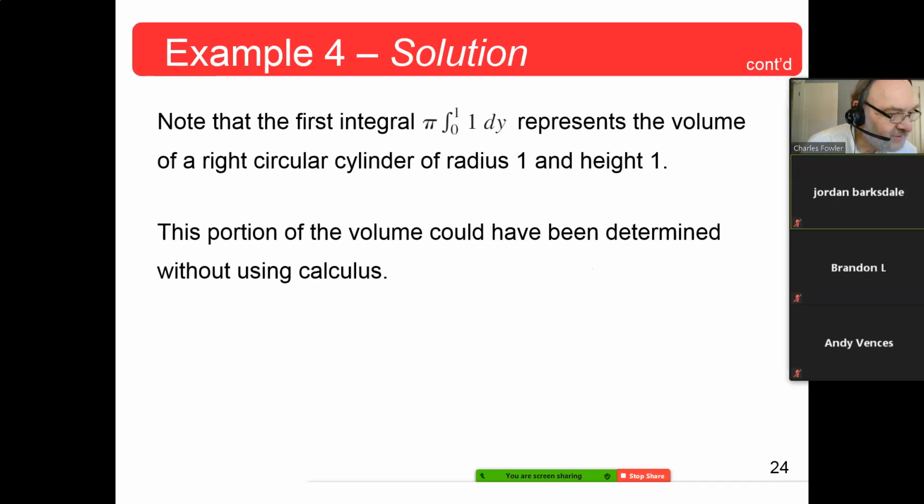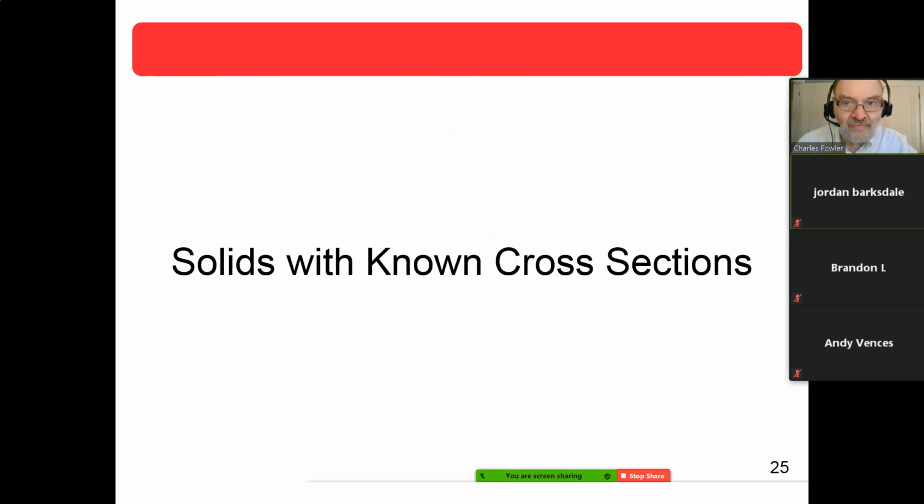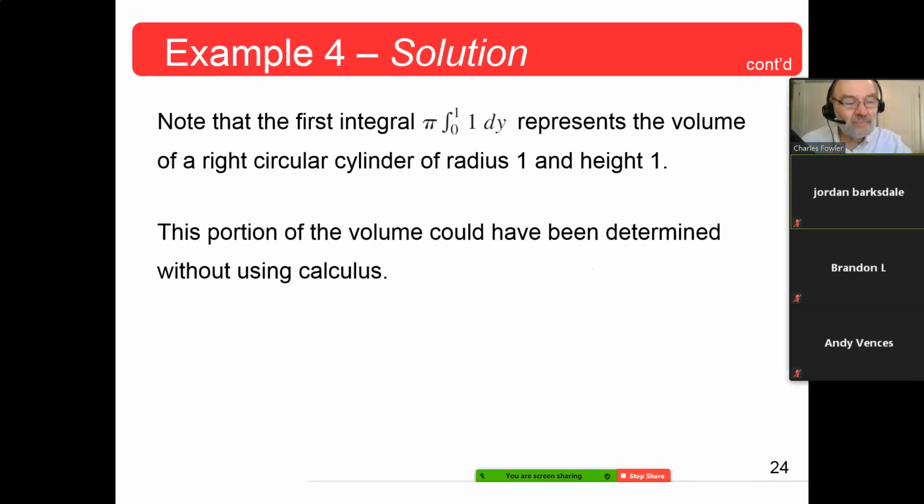So that's example 4. Now, they move on to solids with known cross-sectional areas, like we just did with that disk. They skipping example 5, which is an interesting problem. And I wish they had done it just to draw this diagram for me, because it's a pain in the neck to draw. So let's go to our